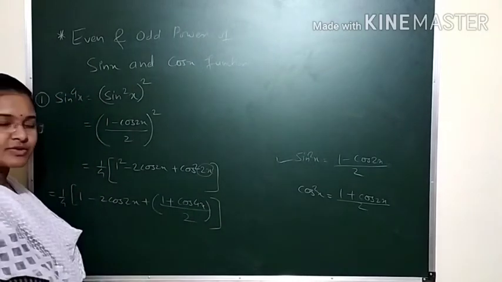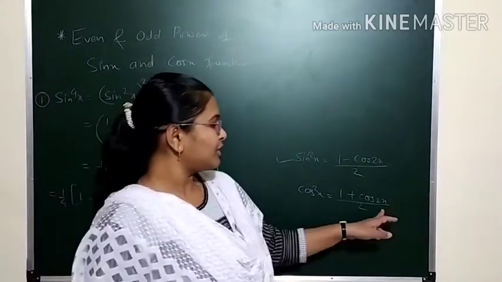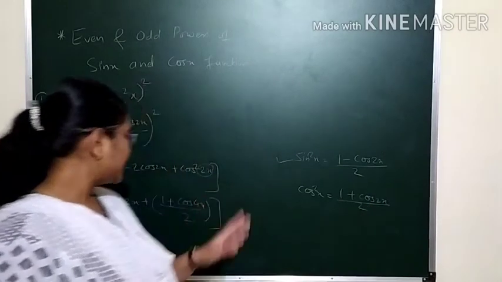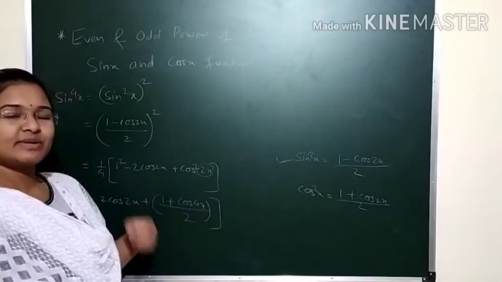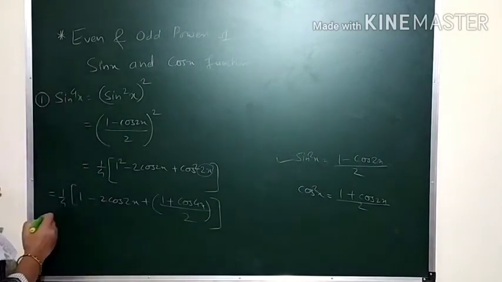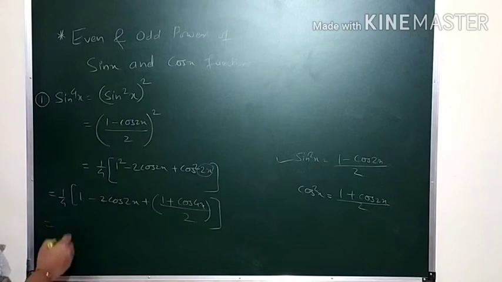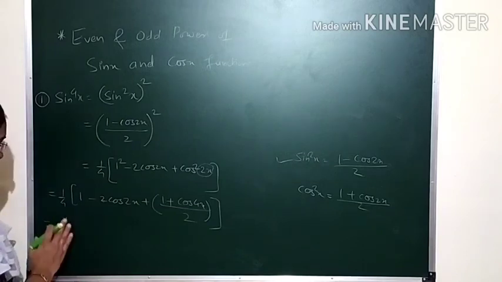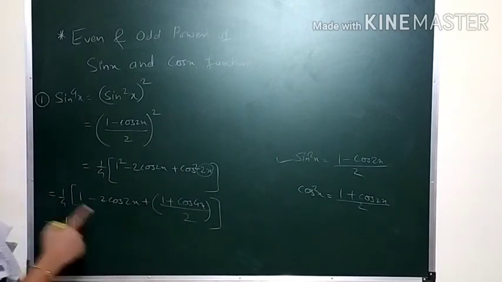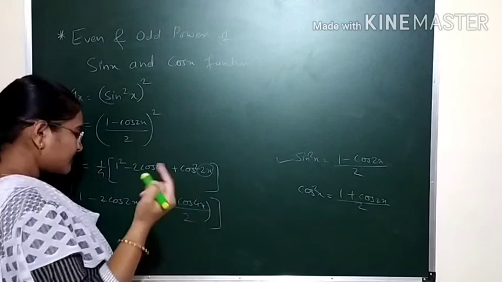Many times students think that if the double angle formula has 2x, that's why we are dividing by 2, but it is not like that. Many times students write 1 plus cos 4x by 4. Don't make such mistakes. Before multiplying the 1 by 4 inside, we'll keep it as it is. This 1 plus 1 by 2, 1 plus half, will be 3 by 2.